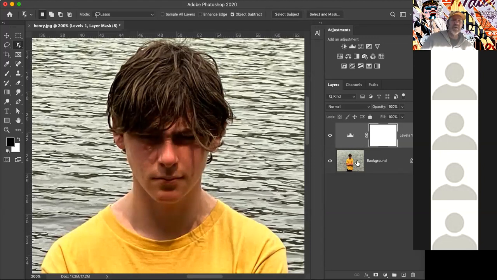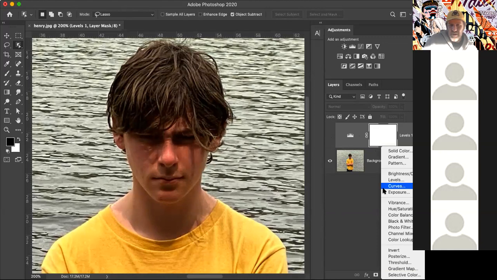The nice thing is that image is the way it's in its original form. So if I don't like what I've done, I just need to dump it, delete it in the trash can, or just switch off the eye. If I go to, I'll switch that one off. If I now go to